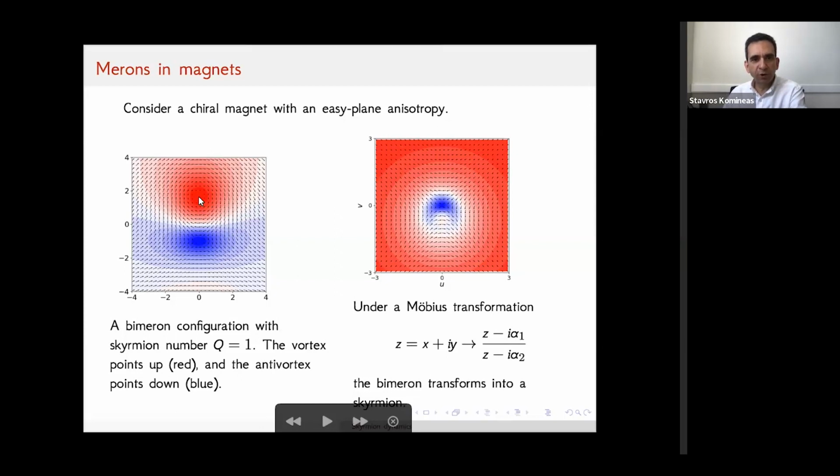You can call it a vortex because here in the center, the magnetization points, say, towards us in the red region. And then around it, it points all the way around, making a complete circle, this vector. And then if you go away from it, it still makes a complete circle. So it's not like the skyrmion that it would reverse point towards us, but it's just flowing around everywhere in